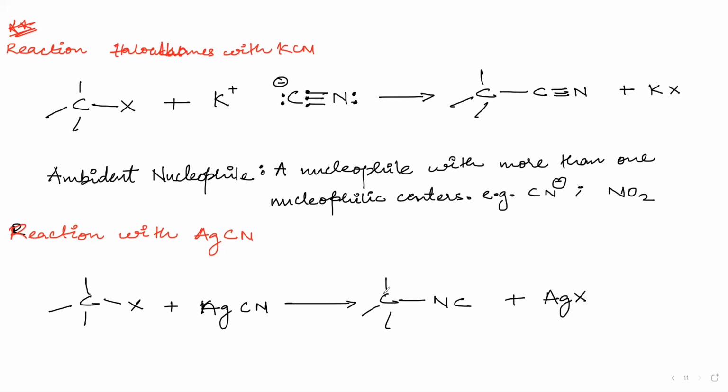So what is the difference here? Write this particular example first. Write these two reactions, then I will frame up a question. So the reaction of haloalkanes with KCN gives what? Can somebody tell me what will be the name of this one? This will be nitriles. And what is this? This is isonitrile.